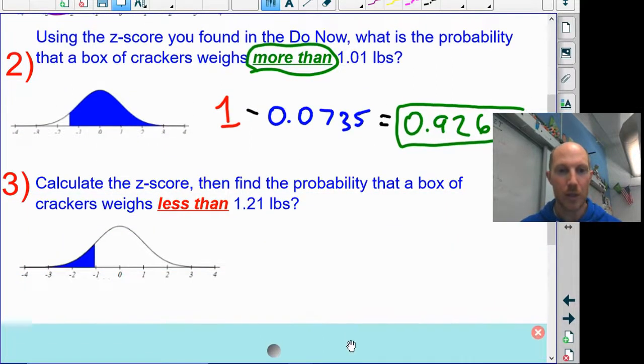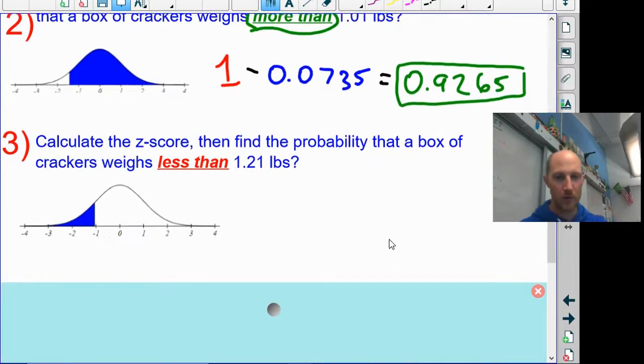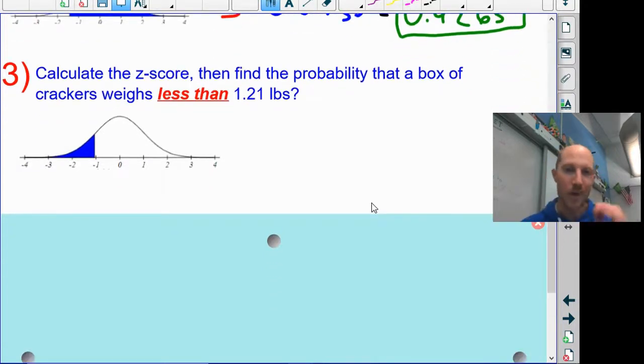Question 3. What we're really after is the next concept, question 4, but we have to do a little bit of setup. So question 3, just to get us ready: calculate the z-score and find the probability for a box of crackers weighing less than, and here's a different outcome, less than 1.21 pounds. So to find my z-score first,